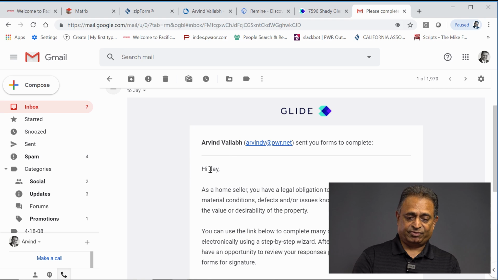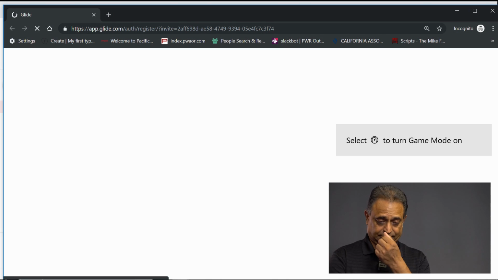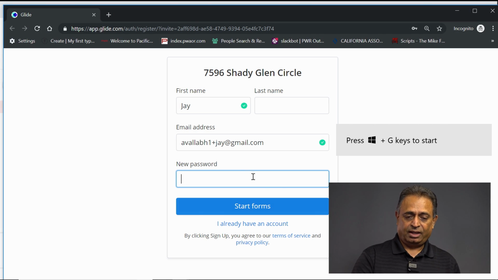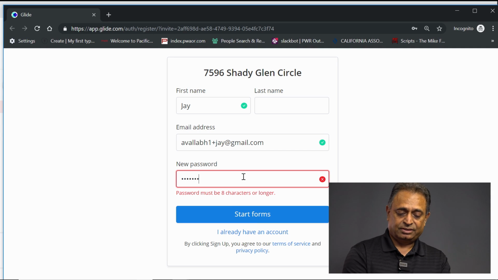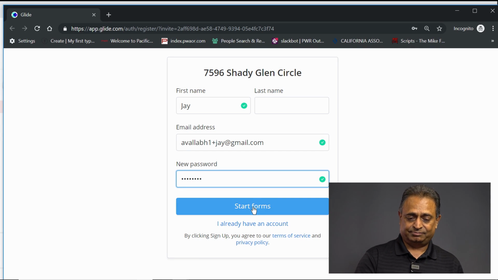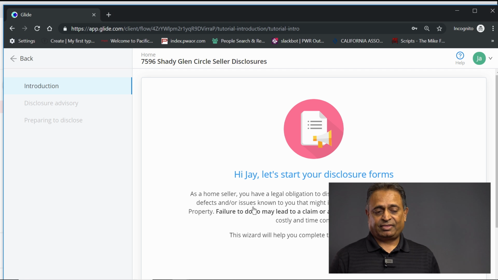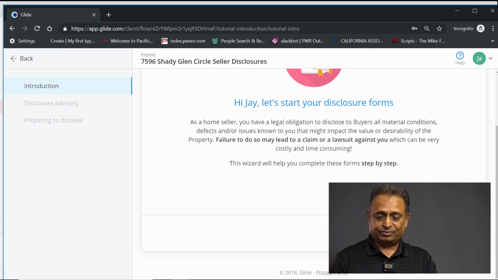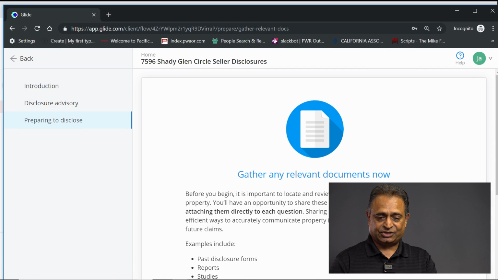If you notice, here's Jay's information, and I'm going to go in and open it up. They do need to remember the password. If they don't know the password, they'll have to write it down. Make sure you tell them to write it down. So they're going to have to input a password initially always, and make sure they remember it. So now we are pretending to be Jay as a seller, and I'm going to go through it as quickly as possible and show you what they see on their side. They're going to acknowledge all the systems and accept the terms,